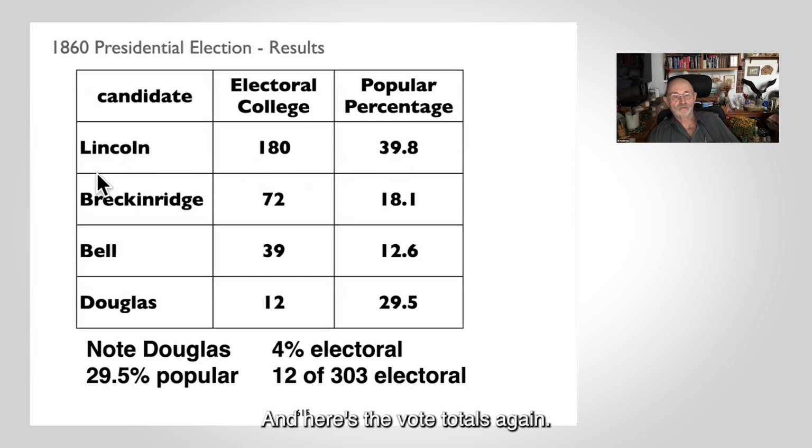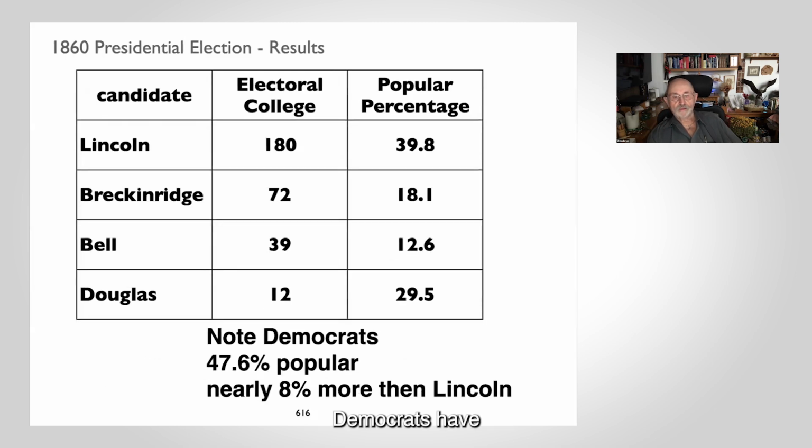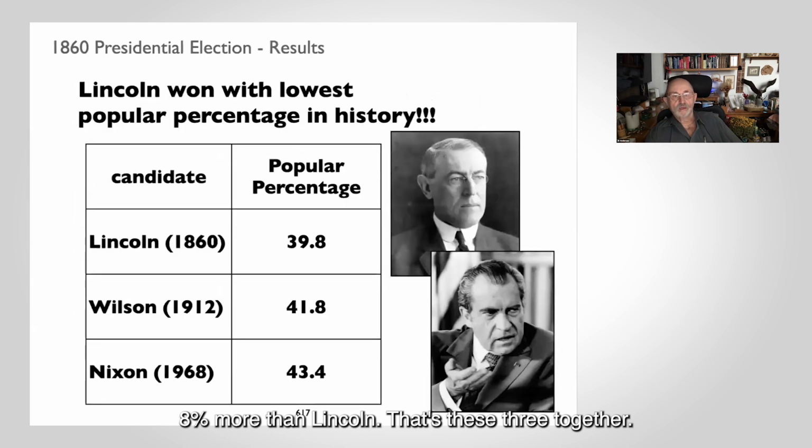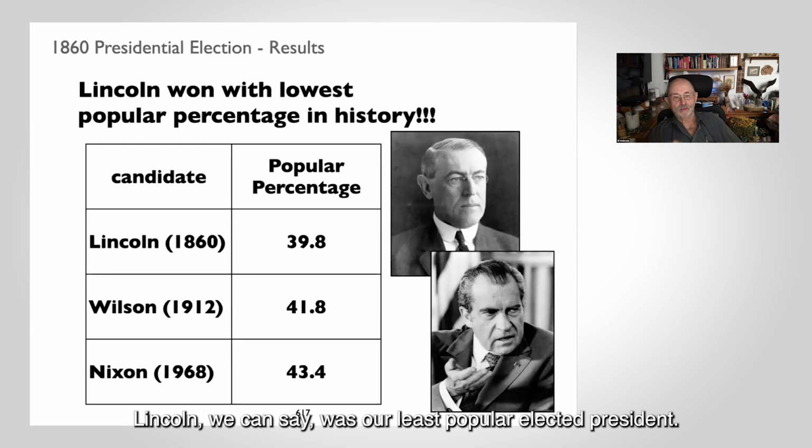And here's the vote totals again. Douglas, 29.5% of the popular vote, but only 4% of the electoral votes. So Lincoln is the winner. Democrats have 46% of the popular vote, 8% more than Lincoln. That's these three together. This is the lowest winning popular vote percentage in United States history. Lincoln, we can say, was our least popular elected president